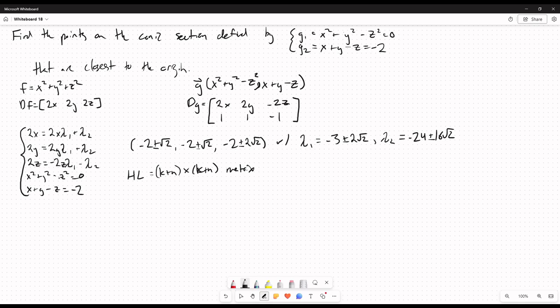So in this case, we have 2 constraints and we have 3 variables. Okay, so now, in order to find the Hessian, remember we needed the matrix of partial derivatives for G. We also needed the Hessian of F,